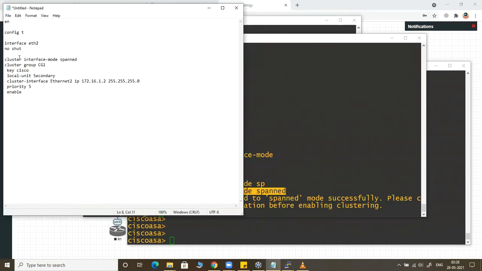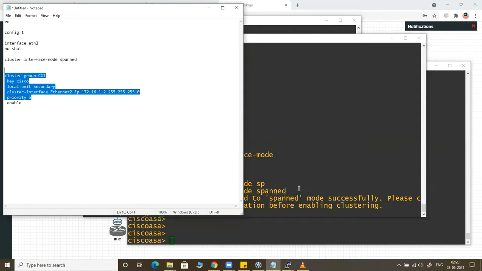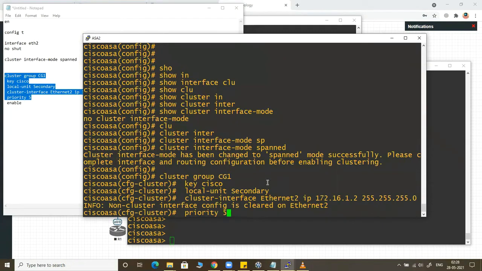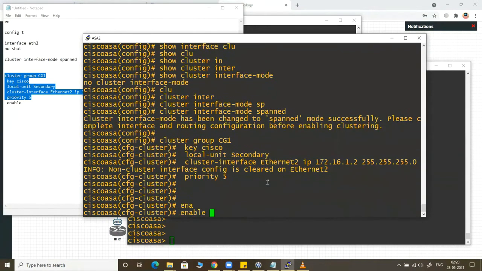I will paste it here and a couple of enters. So after that, I will go and do these configurations. And that's said and done. Now I will enable. Once I enable, this will start looking for and joining the cluster group CG1,